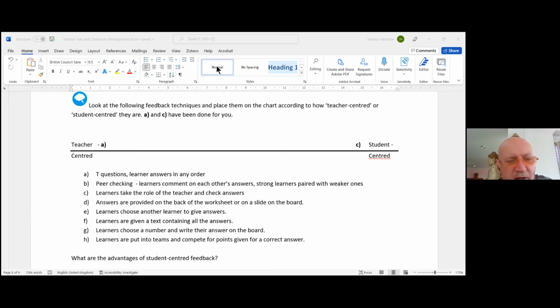Great, I quite agree. It's all in the chat box, colleagues. Student-centered. Learners are given a text containing all the answers. Yeah, teacher-centered, for the teacher again providing the answers. Learners choose a number and write their answer on the board.